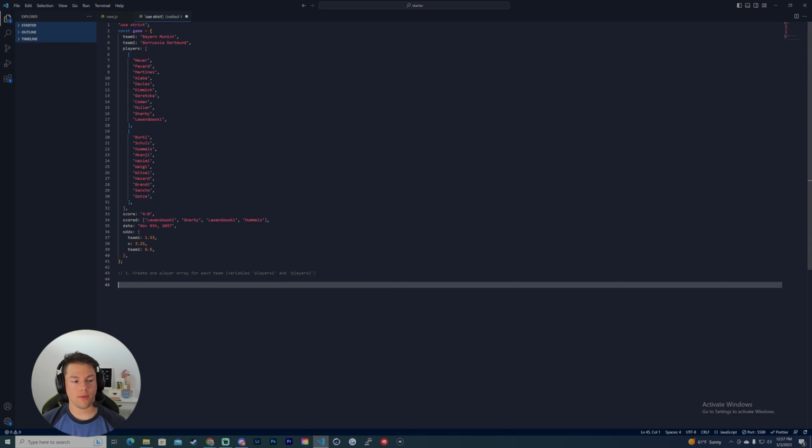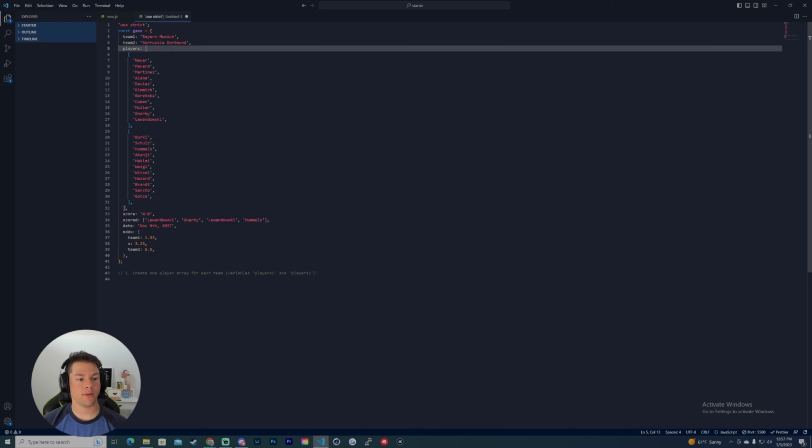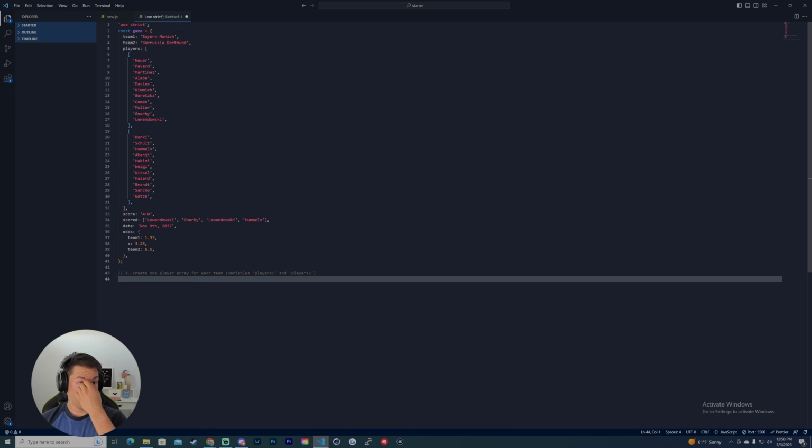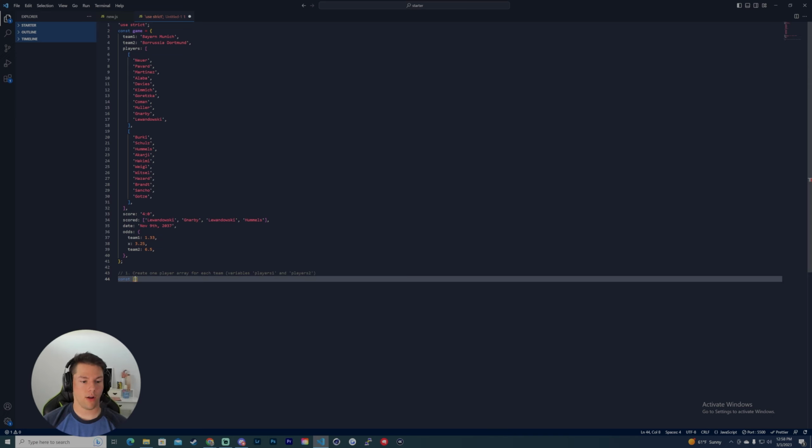So we're definitely going to have to do some destructuring here. Essentially it wants us to take this players array right here, this big one, and call this portion the variable players one, and call this players 2. And the way we're going to do that is by destructuring. So we're going to do const, and then an array, because that's what it is. As you can see, it's an array. And we're going to call the first portion